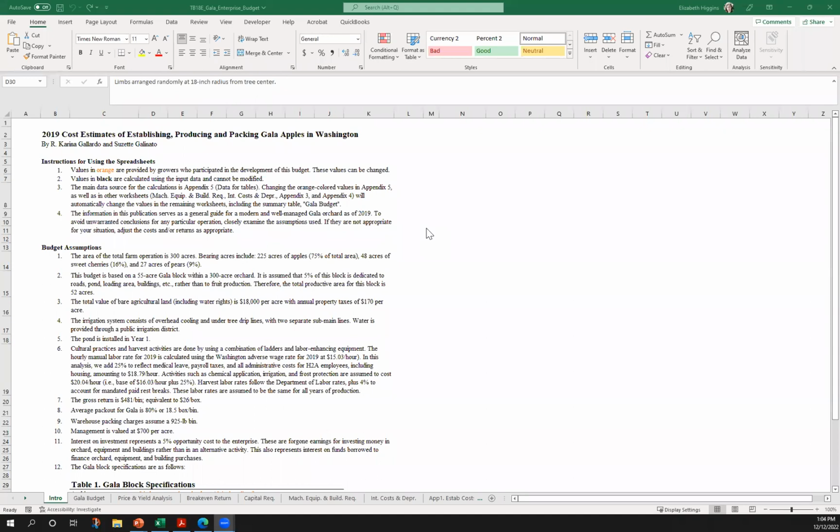This is a good example of what you can find in some university enterprise budgets that are not that hard to modify for yourself. Because if you're growing in New York State, Washington State has different conditions and may have very different assumptions. On the other hand, there may be a lot of similarities too, and there's no sense in reinventing the wheel when you can just modify what they've done.